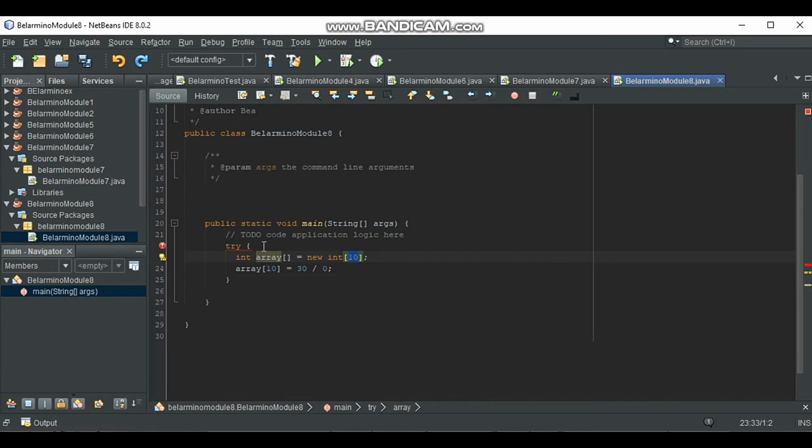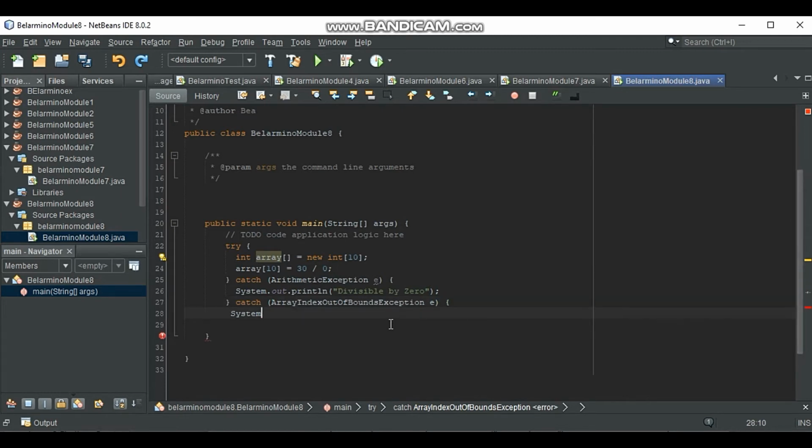But here we had a container number 10, which is another incorrect code. Now let's have a catch that will hold that error, which tells that it is division by 0. Another one, we will have another catch exception, which will throw array index out of bound, meaning, guys,